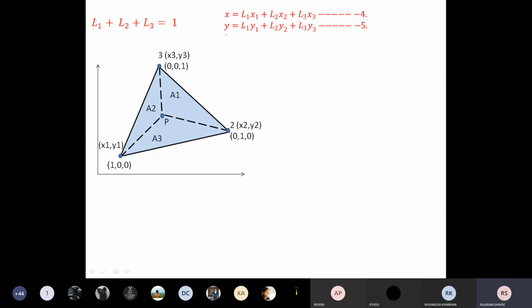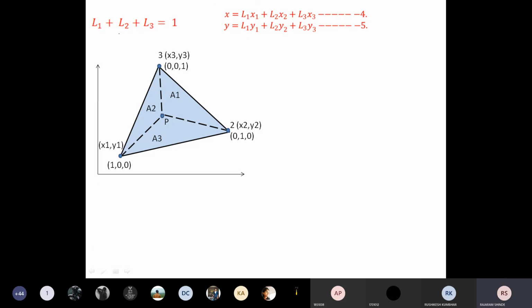You see here I have written these two equations. It is just the extension of the one-dimensional element. So in case of one-dimensional element, only one coordinate is there and only two natural coordinates are there, and that equation is up to here. Okay, now for the two-dimensional element, one more node is there, that is three nodes are there and three natural coordinates are there and two global coordinates are there. Therefore we will get two equations here for x and for y. Now I have not given the proof of these two equations. Now I want to prove these equations. First I have written these equations, then I will prove it.